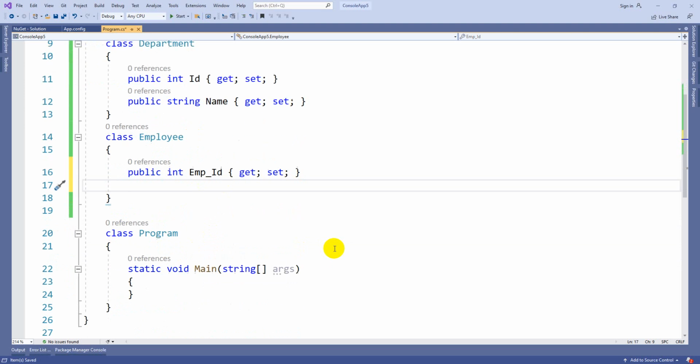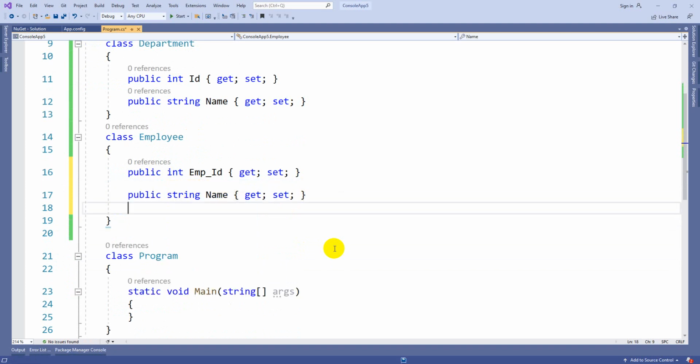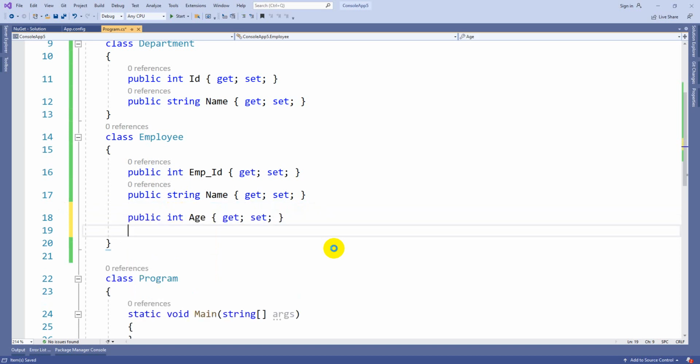How we can make it, we can check later. As of now skip that and continue with the remaining properties. Employee name, then int age, city.